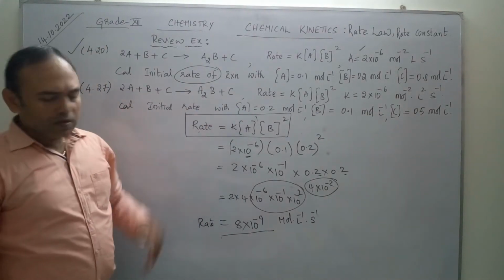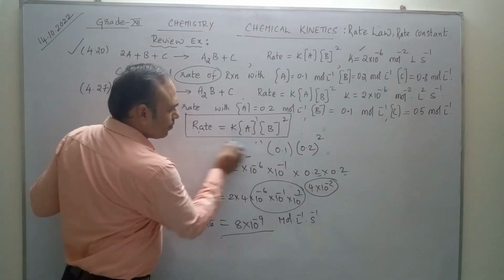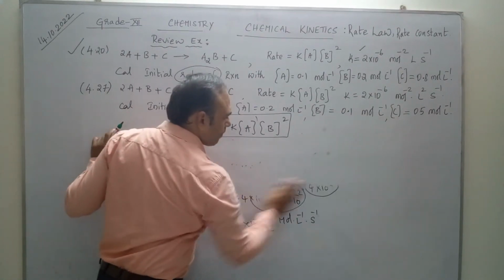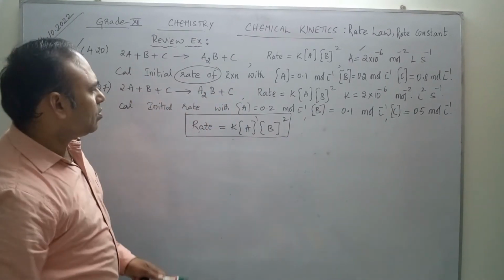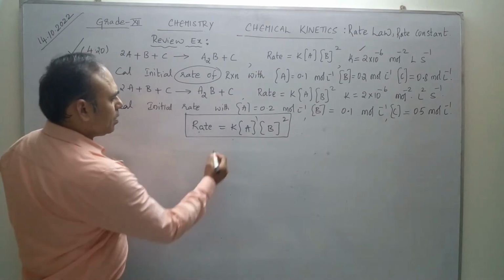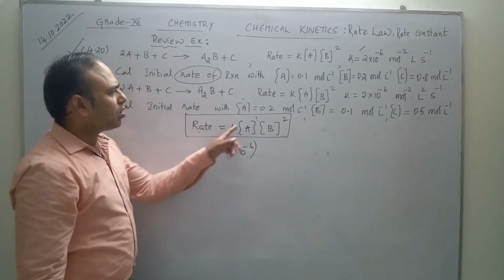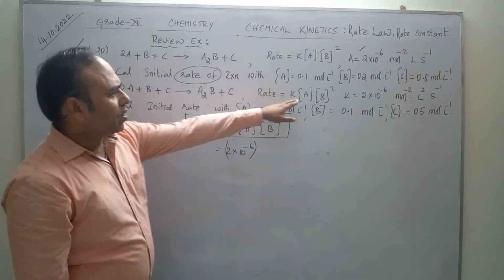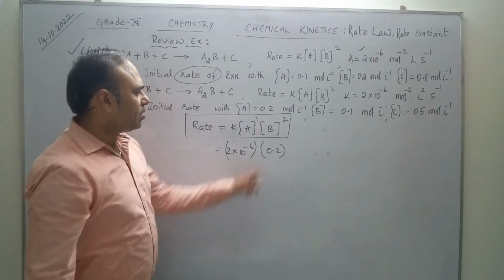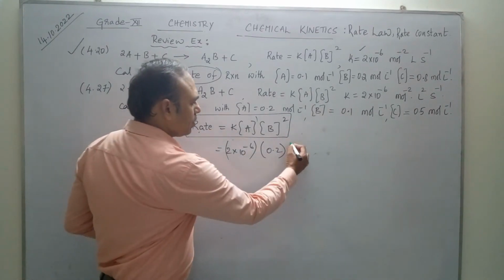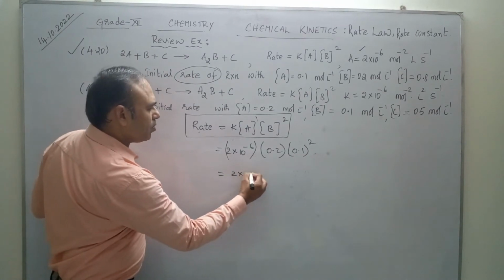Similarly for 4.27, the same formula we have to apply. So what is K here? Same thing, 2 into 10 to the power of minus 6. Now the concentration of A is given as 0.2. What is the concentration of B? 0.1. Once again square. That is equal to 2 into 10 to the power of minus 6,